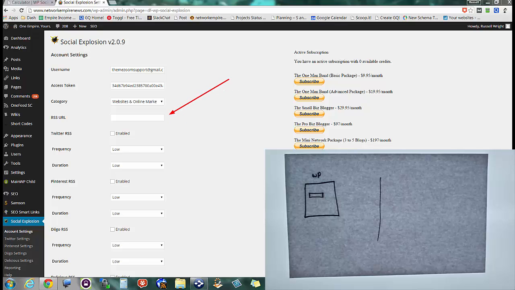RSS URL. Now, people have asked us for multiple RSS ins, and I speak to my team pretty much every couple hours on the Slack chat that we use to talk to our developers. We are constantly updating. This is only the first couple of versions of Social Explosion, and we are moving towards a full enterprise application. What I explained in video 1 and 2 is that you can put any RSS feed that you wish in here, but you have to come up with the RSS feed. Okay, and so what you put in there, you need to be careful, because, as I showed you in this other diagram, it's going to drive